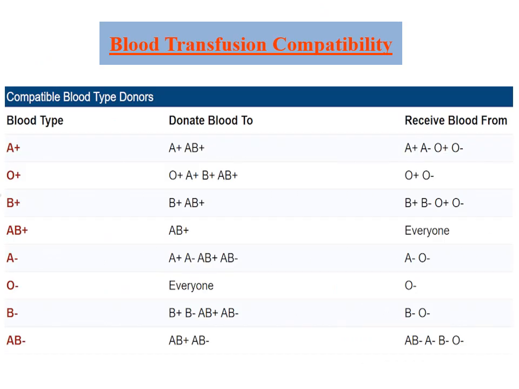Let us understand about blood transfusion compatibility. Blood compatibility is a match between the donor's blood and the recipient's blood. A person with blood group A positive has antigen A and Rh because he is A positive, right? Positive is for Rh. So it can donate to only those with antigen Rh and A, that is to the blood groups A positive and AB positive, while the blood group A negative can donate to A positive, A negative, AB positive and AB negative since it has no Rh antigen.